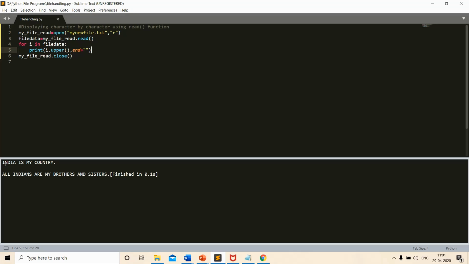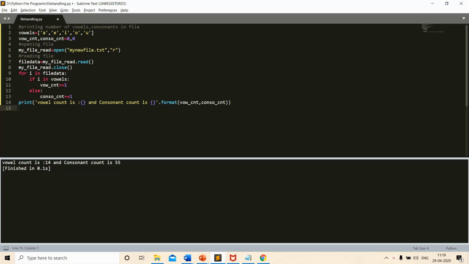See here, it is just a translation of whatever we have read from the text file, character by character, and then the upper function is applied on each and every character, and it is printed in this manner. Using this way, using iteration, you can perform many operations regarding file handling.